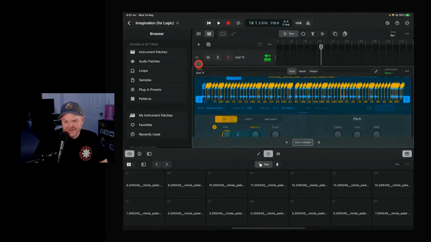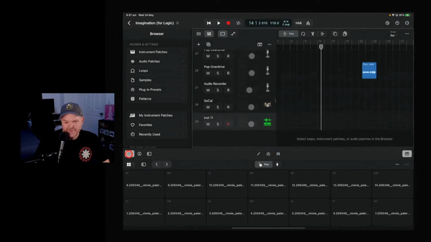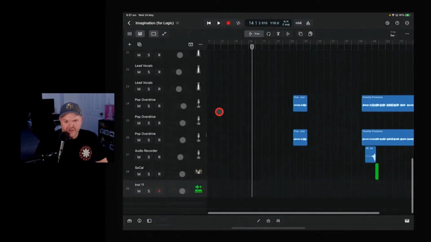So you don't just have the ability to bring it in as a standard stock loop. You can actually bring it in and then you can create another instrument with it. I'll jump out of there. Let's just close everything down. It's a good habit to get into, to just close everything off to get back to your main screen there.